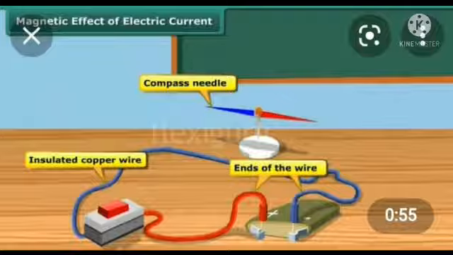Mark the position of the magnetic needle. Take a bar magnet near to the magnetic needle. So student, what do you observe? Keep looking at the needle and close the plug key. The bulb will light up and you will realize that the current has started flowing. So student, has the magnetic needle changed its position?